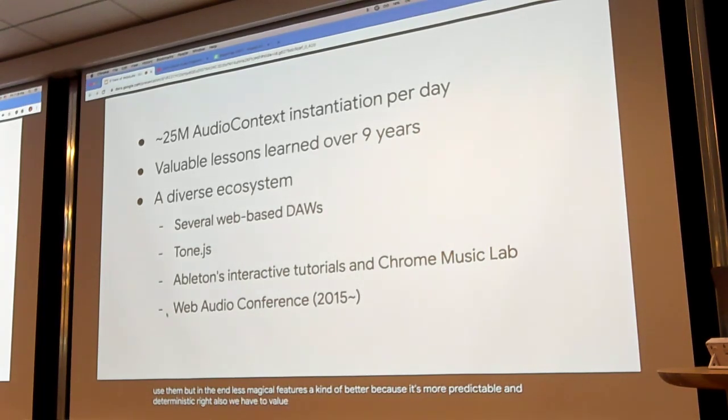Also, we have to value users' feedback, collect early feedback as much as possible, and iterate and work with developers. That's super important as well. I'm saying this because these days, when someone shows up in the issue tracker of the Web Audio API and says, hey, I think this is a problem, we need to fix that, every time that happens, working group people kind of say, well, we know that's a problem, but I think it's too late to fix that, so we might deal with that later in version 2 or something like that. So that's not really a great pattern for a working group or for developers.